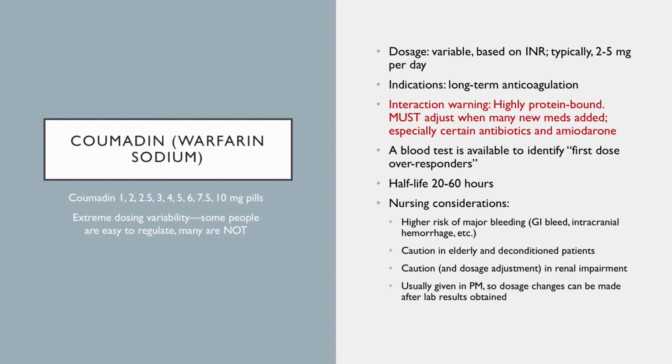Some nursing considerations are listed here. Higher risk of major bleeding. We have patients who are on warfarin for long periods of time, and suddenly they come in with a GI bleed, and then we start the whole workup for GI bleed. It's particularly worrisome, I should say, in elderly patients and those who are deconditioned. They may need reduced dosages as well, but the whole goal is to maintain their INR, their international normalized ratio, which is a function of the pro time. It's to maintain that PT and INR